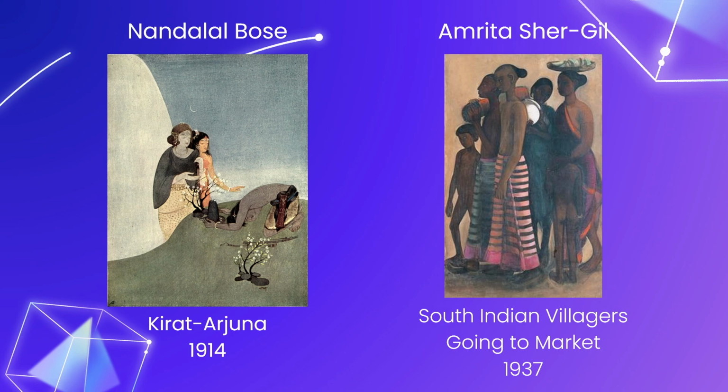Amrita Sher-Gil, who lived only 28 years, from 1913 to 1941, aimed to depict individuals in her local town. Though early in her career she was influenced by the Western post-impressionism style, later in her career, after visiting the Ajanta caves, she wanted to return to what she believed was a more classical Indian style, changing her mission to express the life of Indian people. Sher-Gil's work here depicts South Indians, who often have a darker skin tone.